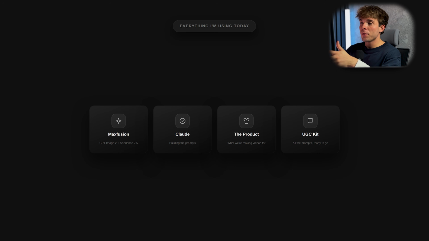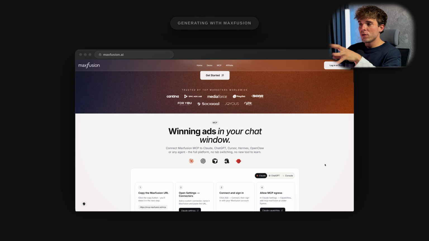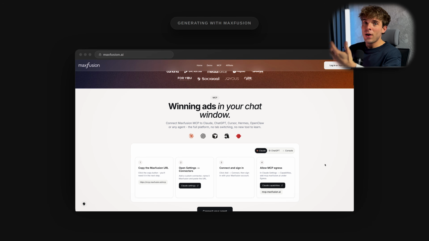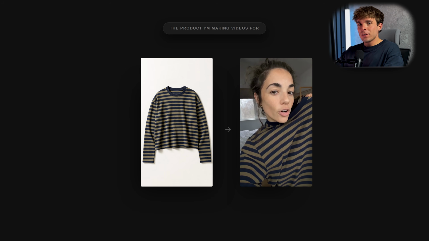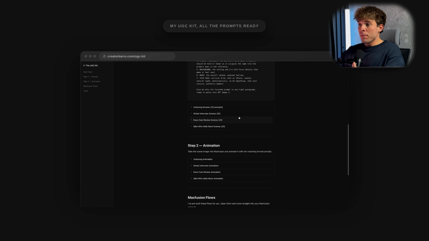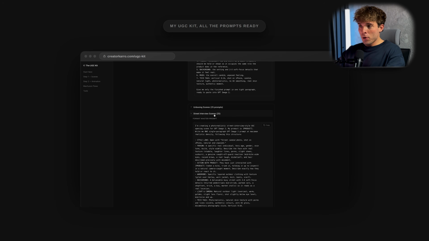All right, so here's everything I'm using today. Max Fusion, which runs GPT Image 2 and Seedance 2.5 to generate videos. Claude, which I use to build out all the prompts. The product I'm making the videos for, and my UGC kit, which has all of the prompts I'll be using